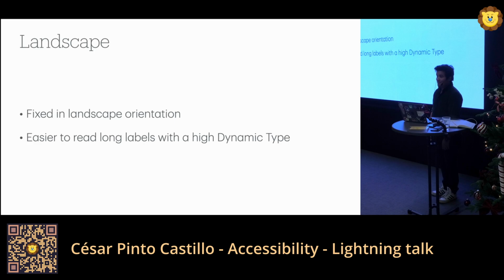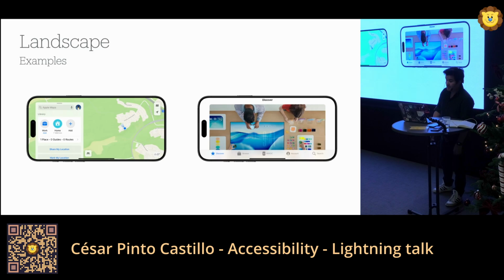And as a big bonus, since you already support dynamic type, big labels are much easier to read in landscape mode, because suddenly you can fit more than just one or two letters next to each other. Two examples here, Apple Maps and the Apple Developer app. To be honest, I really struggled finding good apps that support landscape mode on iPhone. So if you add this to your app or have it, ping me and I'll put you on this slide for next time. Use my app. Your app, okay, next time, I promise.